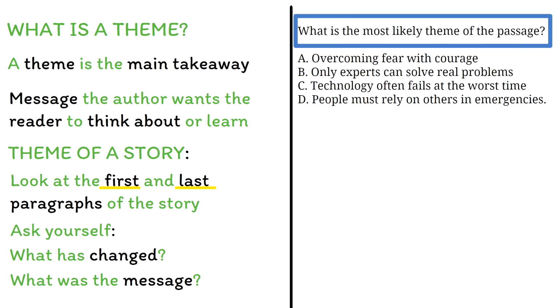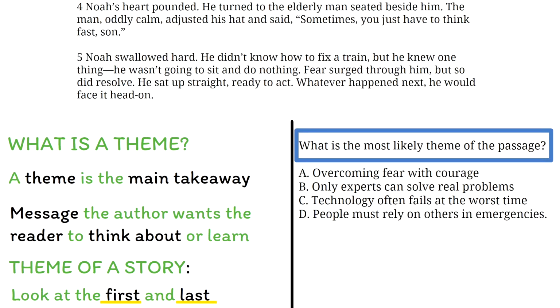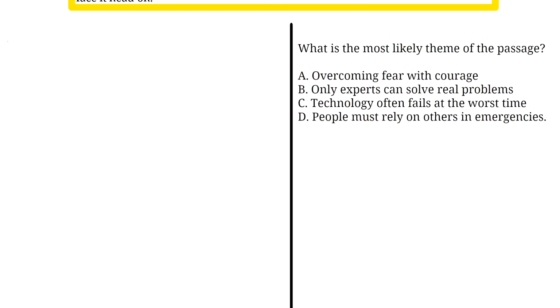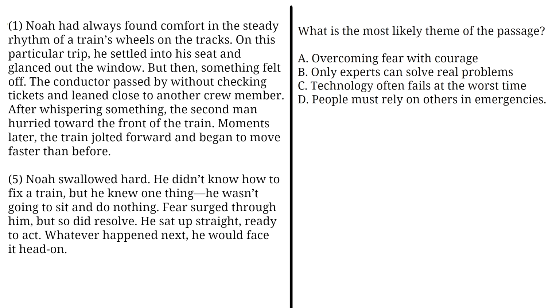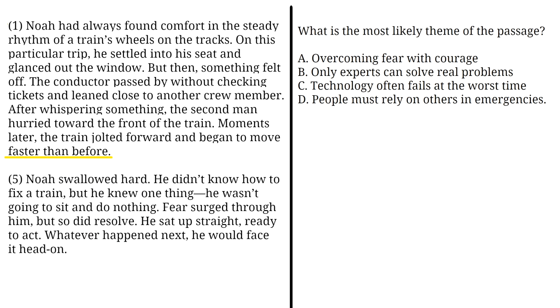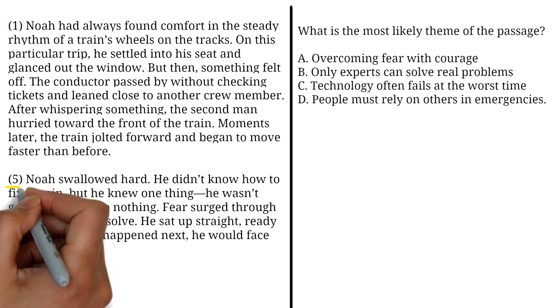Now, since we're focusing on the first and last sections of the passage, let's go to the passage and bring the first and last paragraph to the bottom left of our workspace so we can answer the question. Now let's read the first and last paragraph and analyze them to find the theme of the passage. Let's start with the first paragraph. The last paragraph reads,